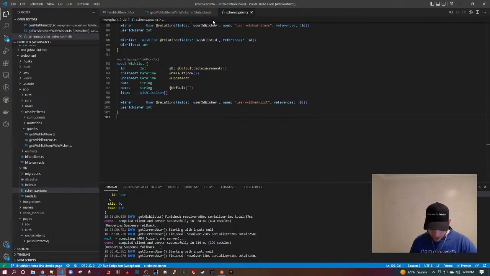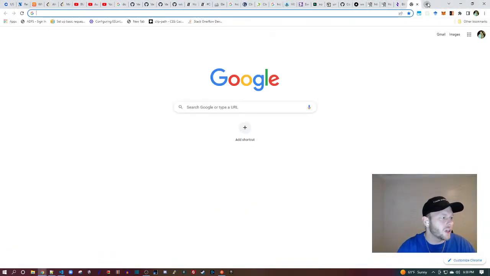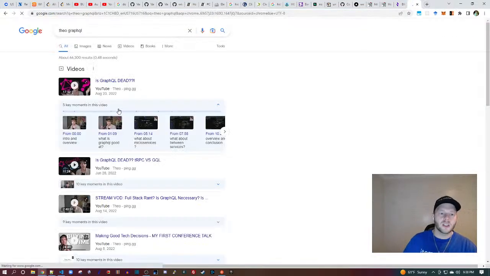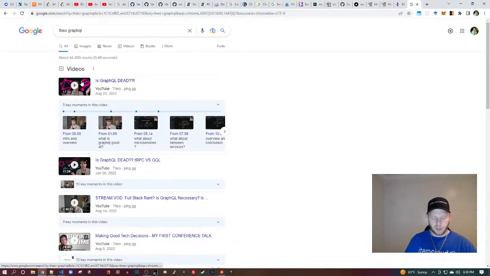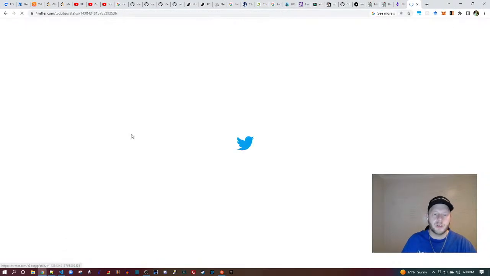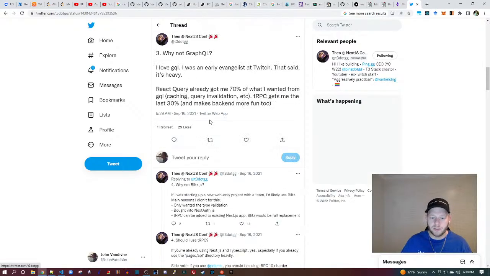How would you compare Prisma to GraphQL? They're different. GraphQL is a client-side query language. Prisma is an ORM, an object relational mapper that helps you connect and interface with your database. Let me show you something Theo said. This is really important. GraphQL is not a replacement for your ORM. I think this is not the video. It's the video where he rants about people using GraphQL the wrong way, and I agree with him. GraphQL should be used on the client. It should not be used on the server.